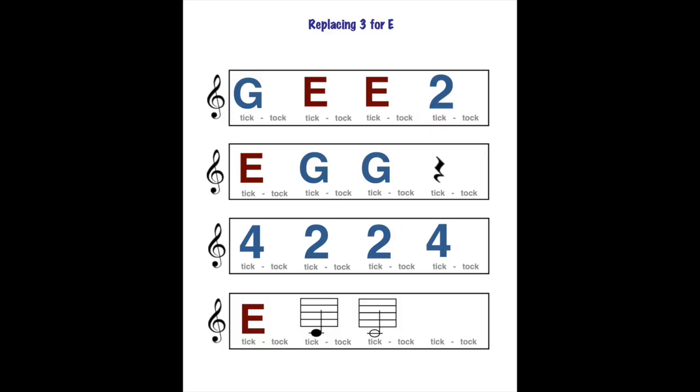Okay, the next page, nothing new as far as playing. There's new knowledge on this page, and that is we're going to replace the number 3 with an E. So if you look,